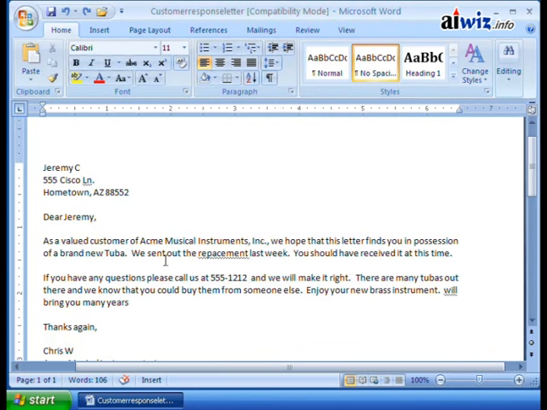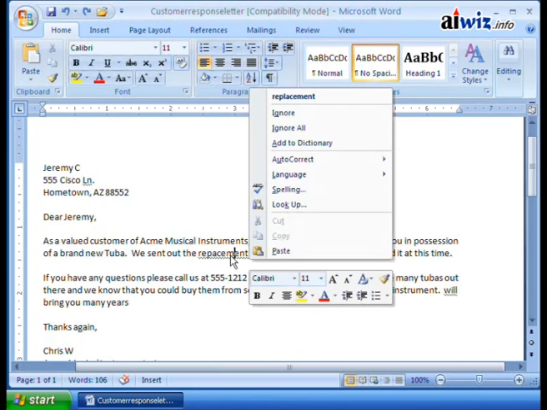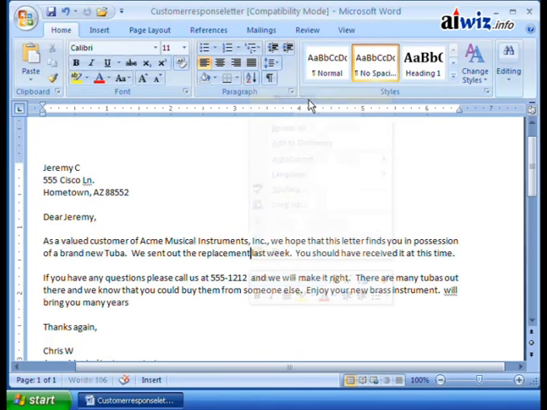So if I come here and we send out the replacement, and I right-click and choose replacement, notice it changes the word for me. Now there's another thing we can do. I'm going to go ahead and change this back to replacement. And that is, instead of just going through and right-clicking on each one, maybe you have a ton